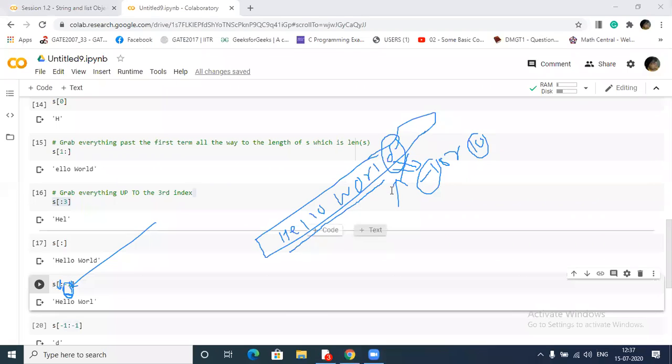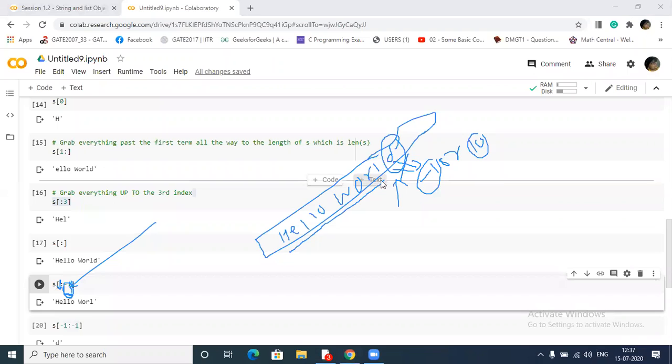If I ask you what will be the negative index of L, what will you say? -2, right? So if you want to index your string in the reverse direction, then you have to start from -1, -2, -3, -4, -5.